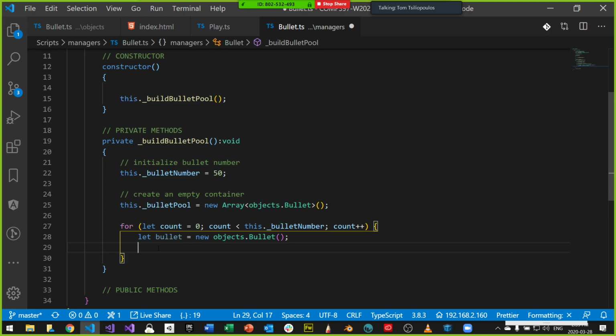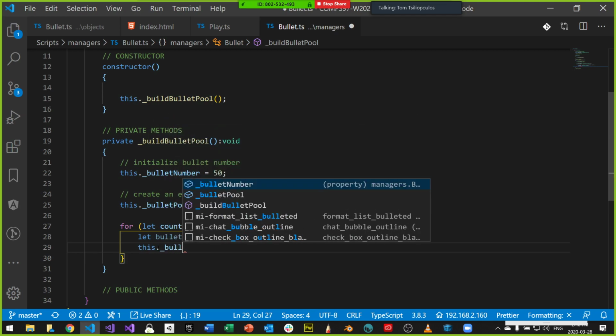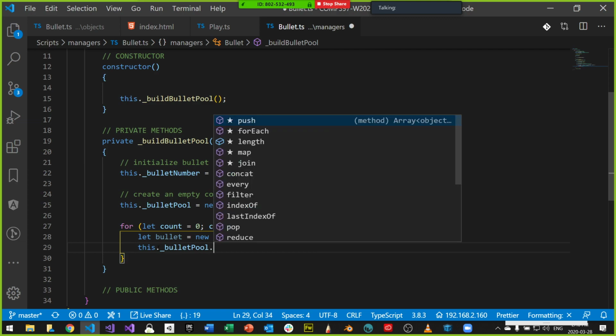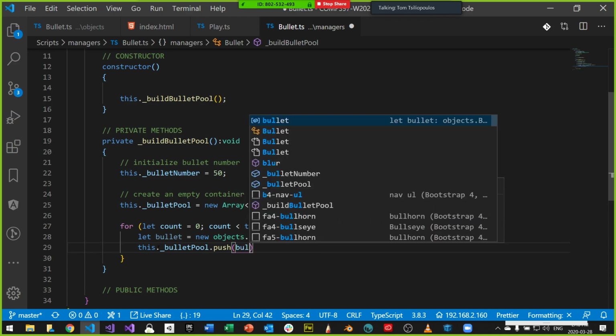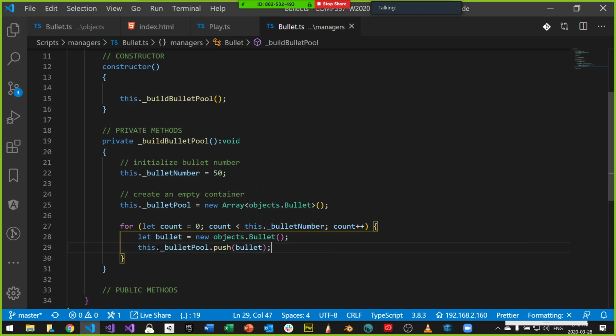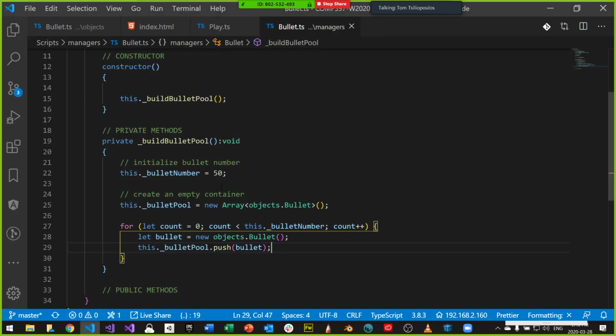And when the bullets get created, I want to add them to the pool with push: this._bulletPool.push, and I pass in the bullet. So that adds 50 bullets to the bullet pool. When I call this function, build bullet pool, it actually pushes a bunch of bullets to the back of the bullet pool. All right? Are you with me?